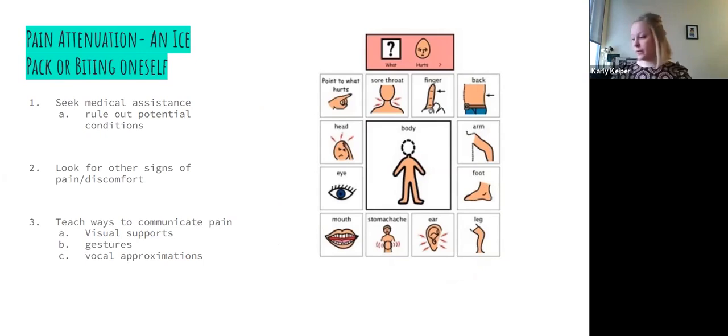I have a really bad bruise. I might put some ice on it to help me feel better. Our children, I'm thinking especially on the autism spectrum, this can be one that we see a lot there. Instead of being able to ask for an ice pack, maybe they can't communicate that, they don't know how, so they bite themselves, because then it takes away from my pain. It brings my mind, maybe from a headache that I'm experiencing, it brings it to my finger, so I'm not just paying total attention to the pain that I'm experiencing in my head.